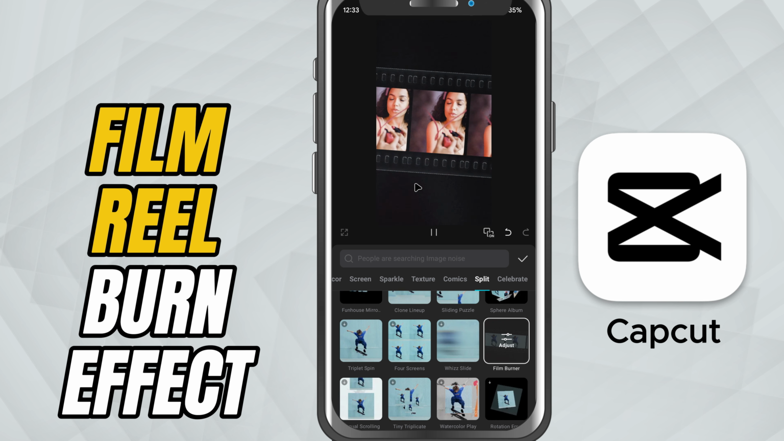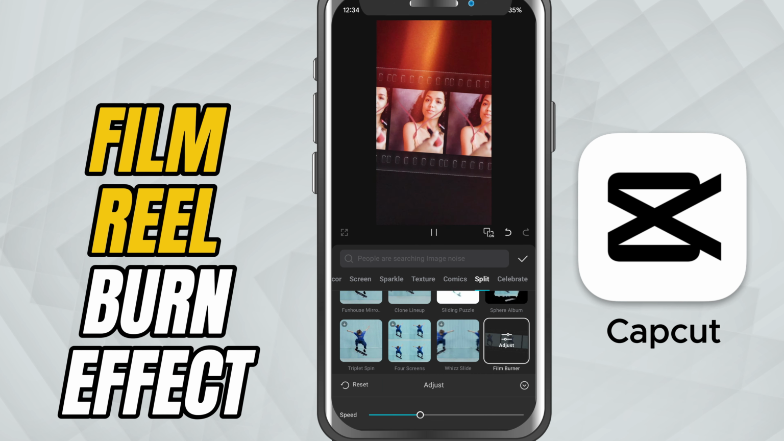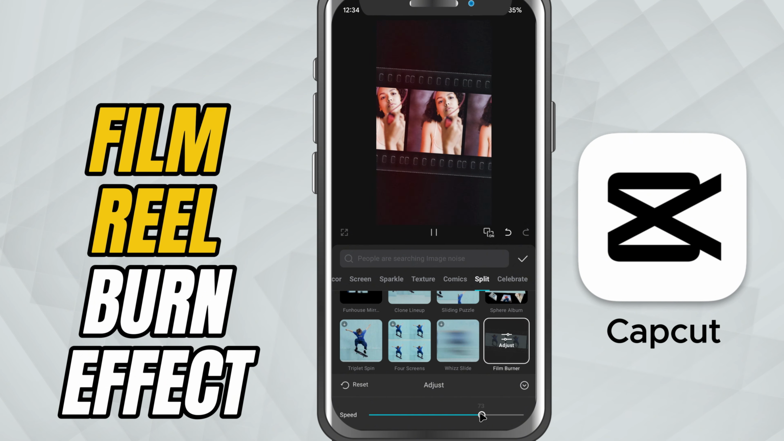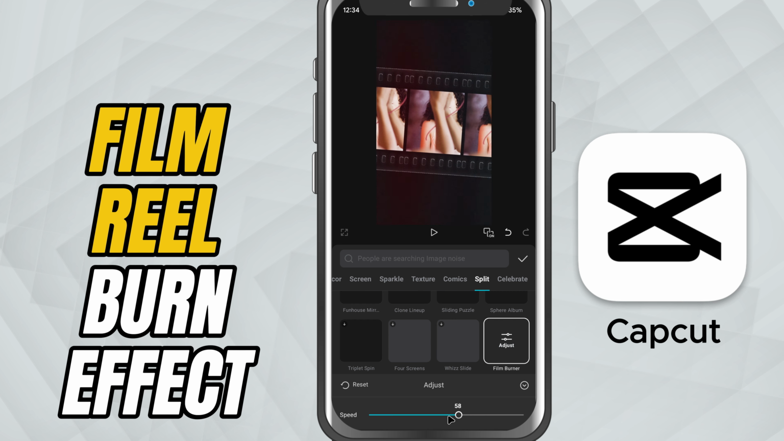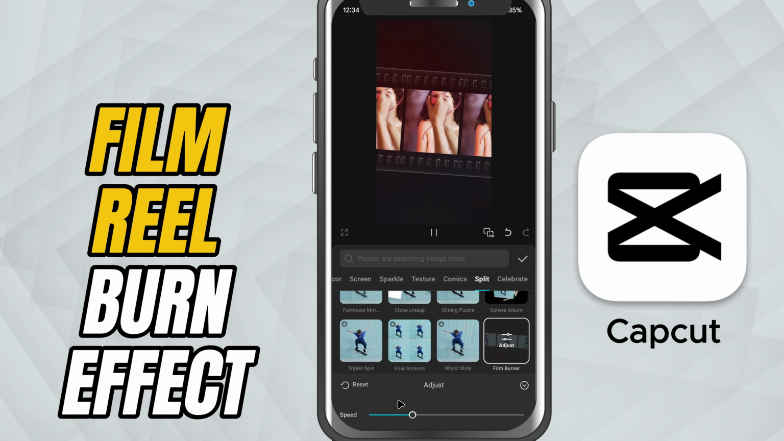To customize it, tap again on the effect. You'll see a speed slider. Increase speed to make the burning animation feel more chaotic. Decrease speed for a slow, cinematic burn. After adjusting, you can also drag the edges of the effect on the timeline to control how long it appears